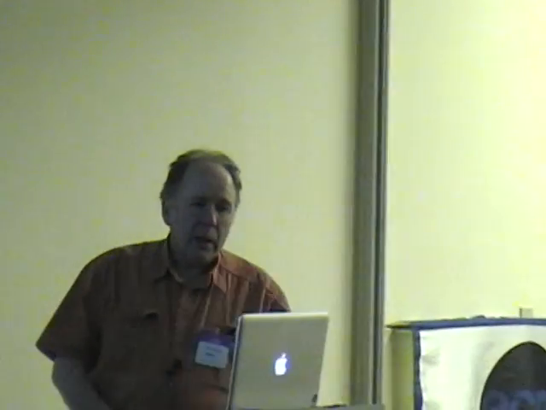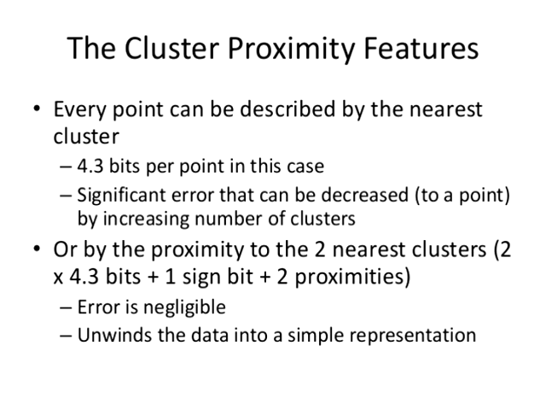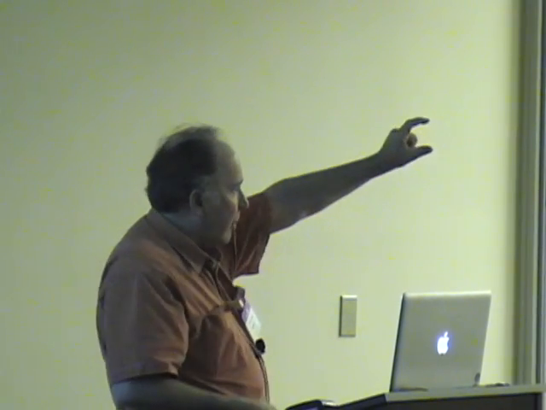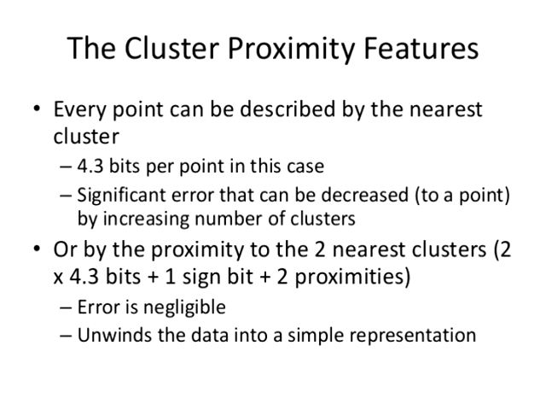And so this already will compress that data, and you can have pretty high assurance if the new data is from that spiral, it will have the same probabilistic characteristics as the old data. So with an error that big, we can compress the position of any of those data points down to 4 and a little bit of data bits per point. And we can decrease the area, or the error, by increasing the number of clusters, and we can decrease the error by actually retaining the distance to the nearest few clusters.